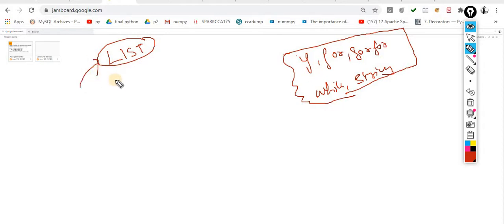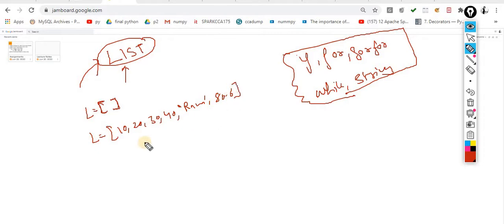Now we are elaborating the list in great detail: what exactly is inside the list, what we can do with the list, and what the various methods associated with the list are. Okay, very simple. We know the representation of the list is this one. When I use these brackets, it will be considered a list. Now the list will take heterogeneous data. The meaning of heterogeneous is that the data can be of any type: string, int, float, whatever you want to enter.